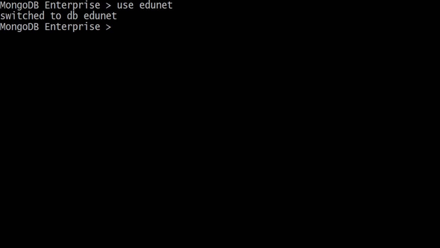So let's start. db dot, for example, eunit staff dot insert. So this is the basic command used to insert a single record.